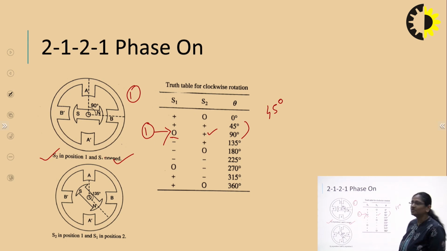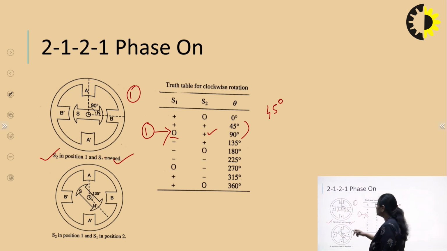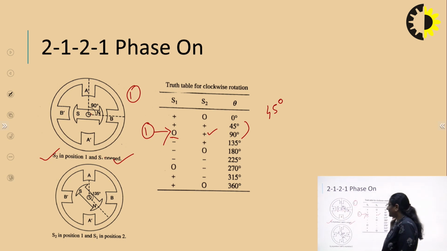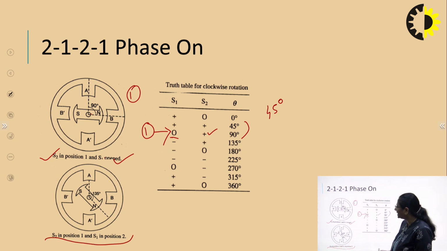So when switch S2 is supplied with the positive current, remember, the rotor will get aligned with the stator. Switch S2 in position 1, switch S1 opened. So in this case, the rotor is aligned with the magnetic field of phase B, right? Now let us consider along with S2, S1 is also energized. So when S1 is energized,